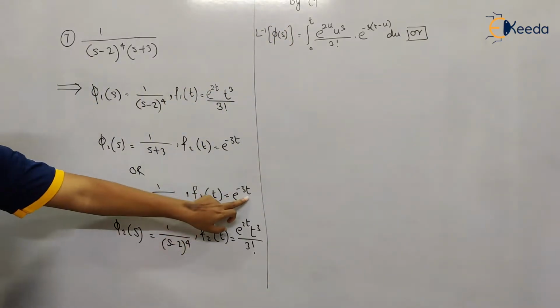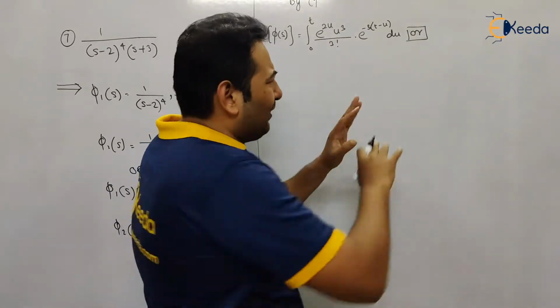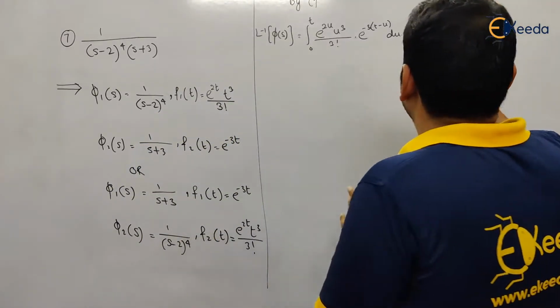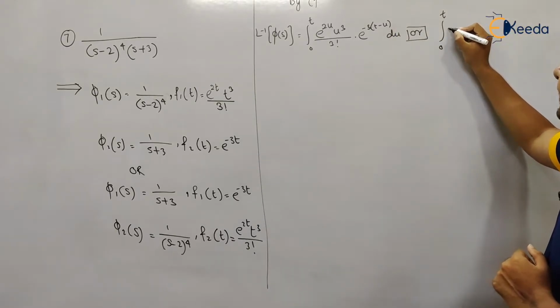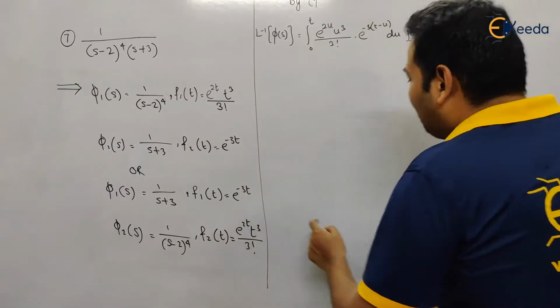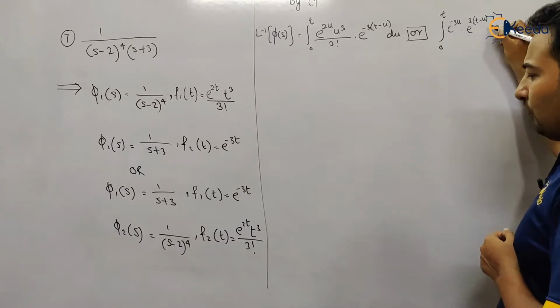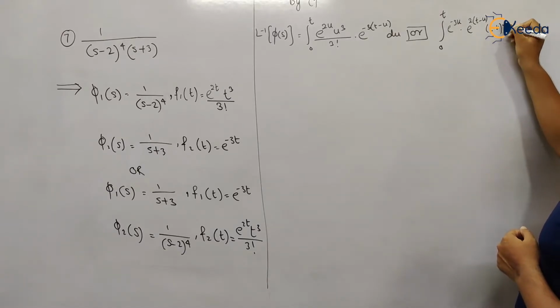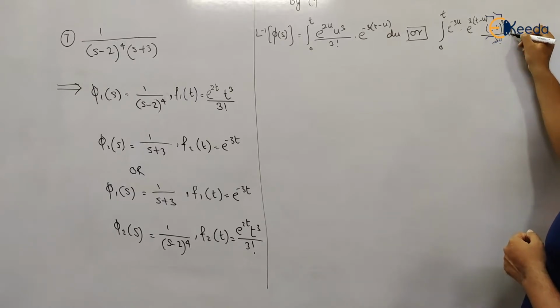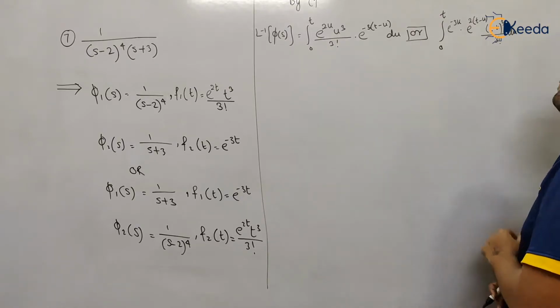This one. In this function I'm going to replace t with u. So this actually I'm not going to do, therefore I'm writing it roughly: integral 0 to t of e raised to minus 3u into, here I'm going to replace t with t minus u, therefore it will be e raised to 2(t minus u), the whole cube upon 3 factorial, into du. Now you yourself check which one is more convenient, which one is looking good, or which one is easy to integrate, this one or this one.